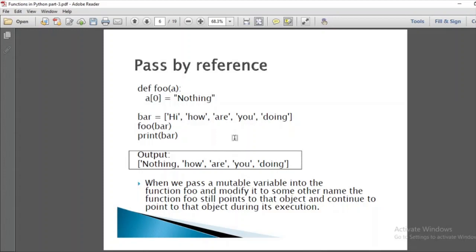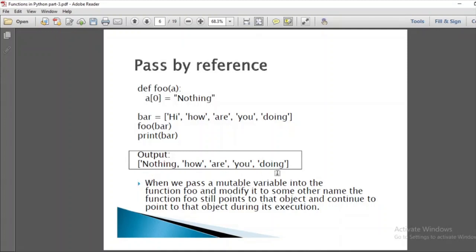So here is another example of pass by reference. Here we have a list which is hi, how are you doing? Okay. So I have called the foo function and it is passing the value. Again now here what happens, a is 0, that is the first position of the list is being overwritten by nothing. So what do you think will happen?